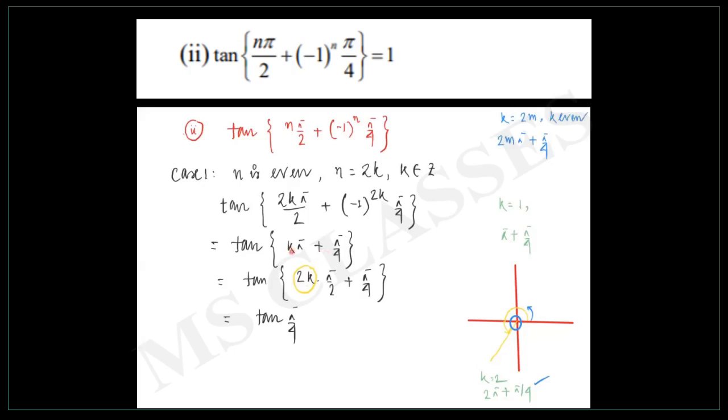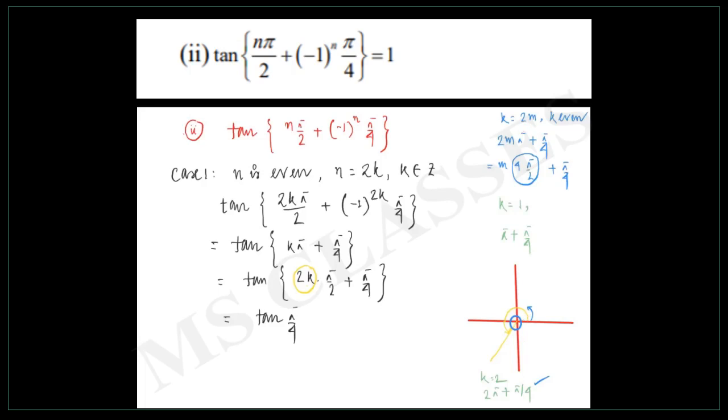So when k is an even number 2m, then it is 2m pi plus pi by 4. Okay, 2m pi plus pi by 4 means what we can write? We can write here m into 4 into pi by 2 plus pi by 4. Now children, 4 into pi by 2 gives a complete circle. Now m into 4 into pi by 2 means you are landing up here again, starting from here, plus something. It is terminating in which quarter? First quarter. Again, when k is an even number, m into 4 pi by 2 means complete circle plus pi by 4 will terminate in the first quarter. So when k is even, it will terminate in the first quarter.